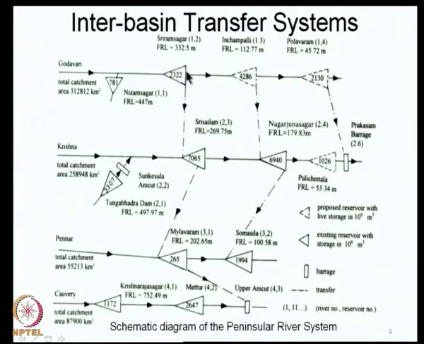So, at each reservoir now, we will say that the first priority is for it to meet its own requirement. This reservoir, for example, Sriram Sagar, has been built for a certain purpose. First priority is to meet all of its purposes. It has to meet its own irrigation demands, its own water supply demands in terms of municipal and industrial water supply. If there is hydropower, it has to meet its own hydropower demand. It has to account for flood control if it is meant for flood control and so on. So, first it will meet all of its own requirements.